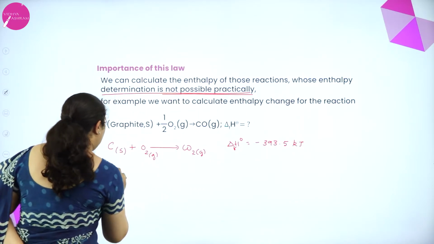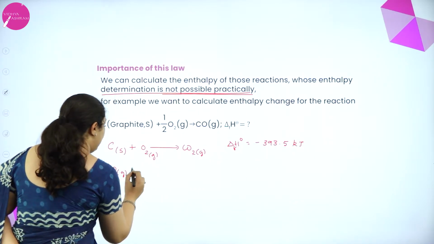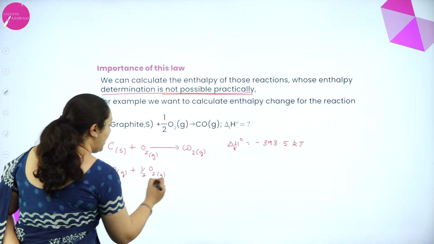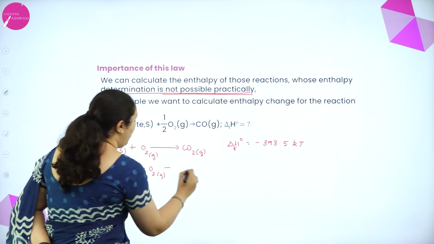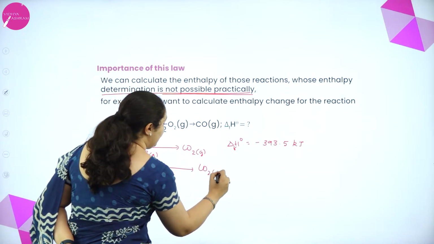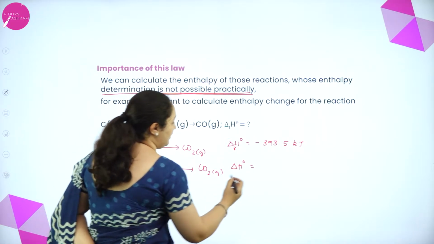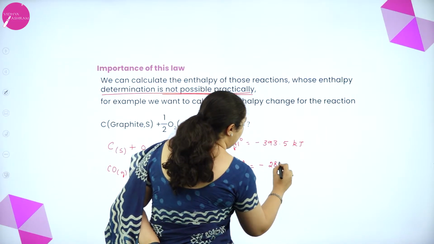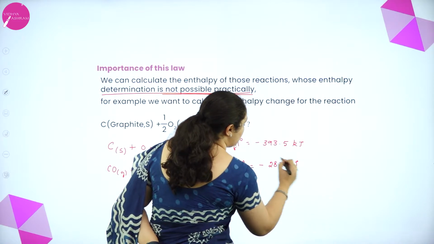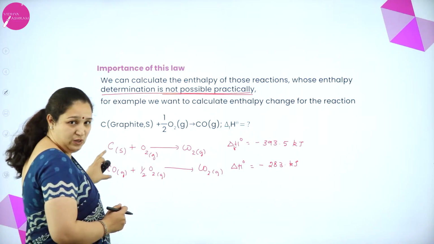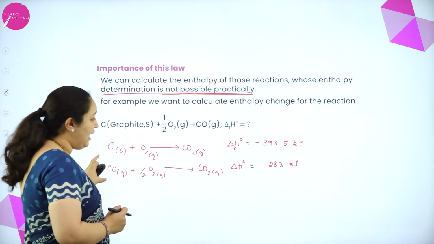And when carbon monoxide gas reacts with half oxygen to form carbon dioxide gas, delta H naught, standard enthalpy, is minus 283 kilojoules. Now I know these two equations or reactions